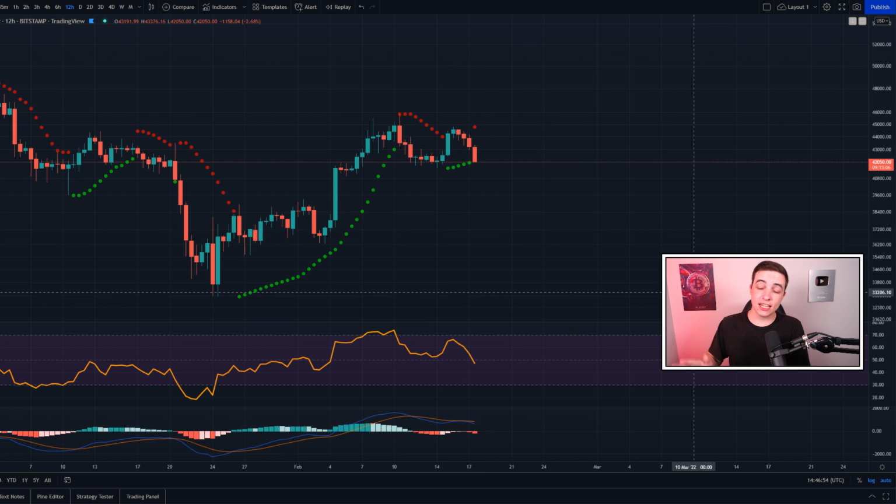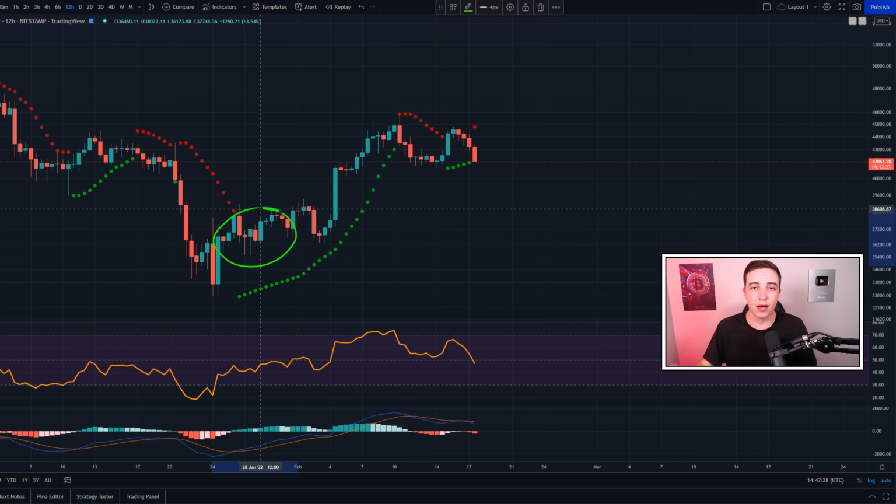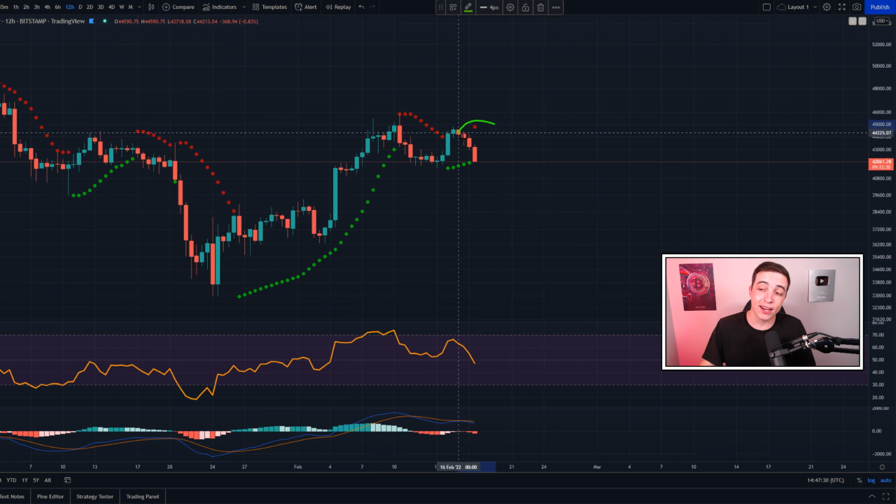But these are all just things on the chart that we need to be aware of, because obviously if I'm going to be telling you about some bullish signs on the chart like what I was back here, then I have to tell you about bearish signs on the chart like what we're seeing right now in the shorter term.